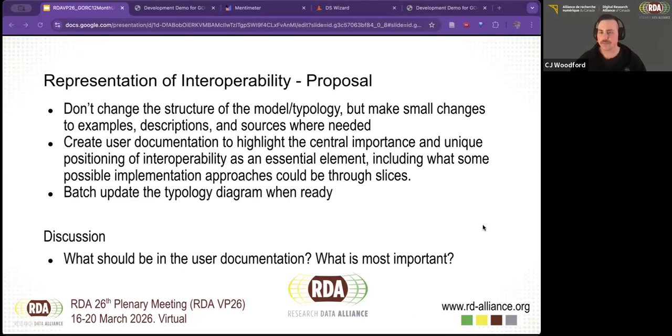Then I see a question in the chat from Nelja, because we asked current adopters about this on a practical level. Yes, I think we can. And I think the irony of that is we've heard from some adopters already on their perspective just in this meeting. So how we collect that, how we create almost a community of adopters, is also something on our radar, in terms of maybe an adoption registry and then connection between them to ask these more pointed questions. But that is absolutely something that needs to influence the work in terms of what would be helpful in user documentation. So thank you for highlighting that. Go ahead.